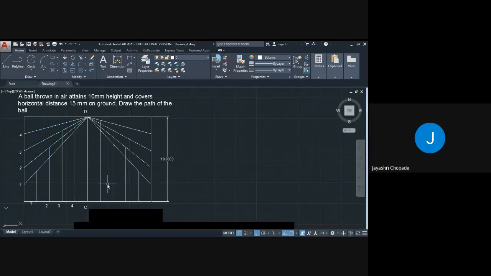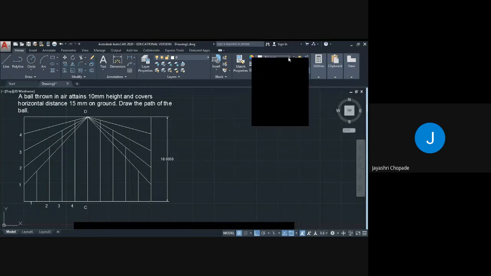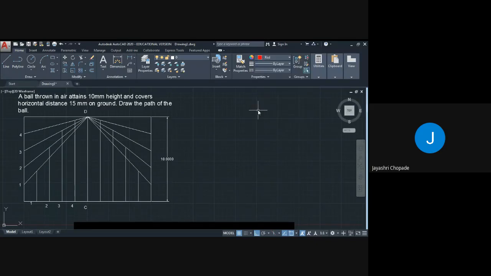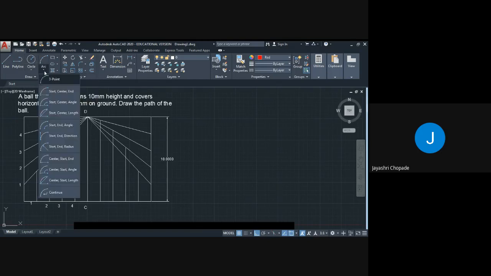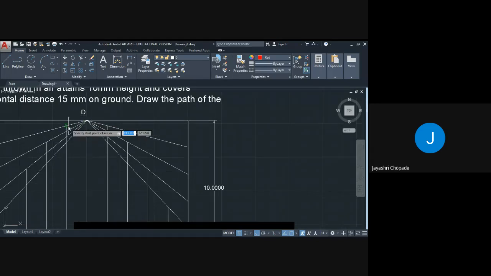Now here we need to draw the parabola. For that I am using a different color. Go to layer, select any one color. Here I have selected red color. Go to arc command, select 3-point arc and draw arc from these 3 points.